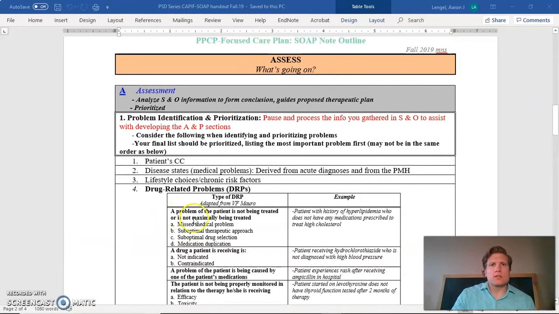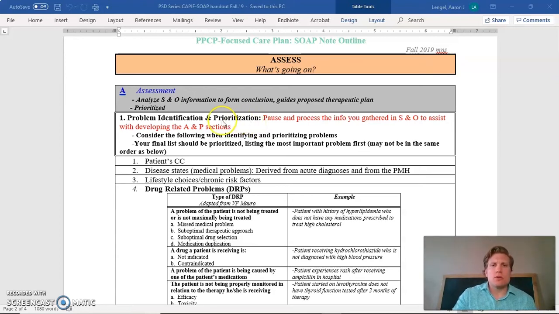All right, for this next part, moving into more of the assessment piece. You've provided your subjective and objective information, and you've calculated your calculated information. Now you should have an idea of clinically what's going on with the patient, what their lab values and vitals are, and you're seeing where their controlled and uncontrolled problems are. Just recognizing that, as you are creating a problem list,